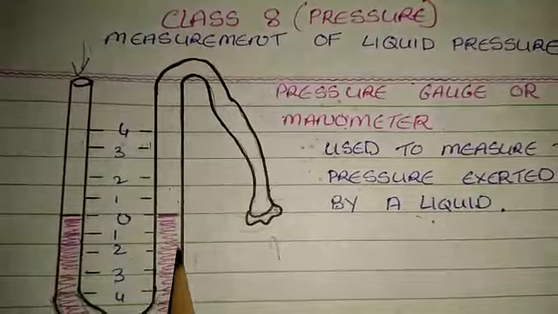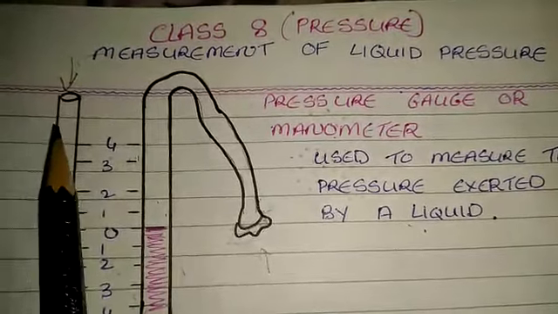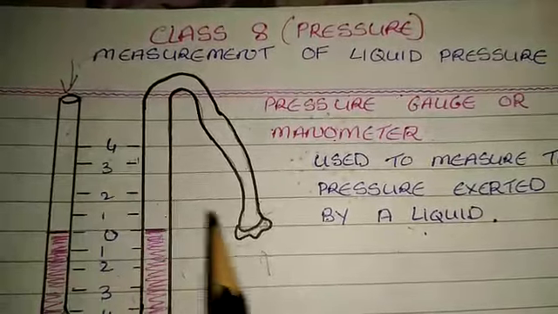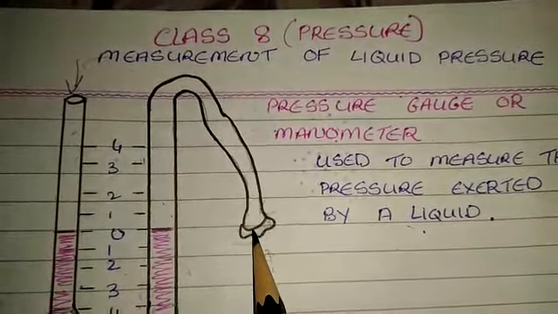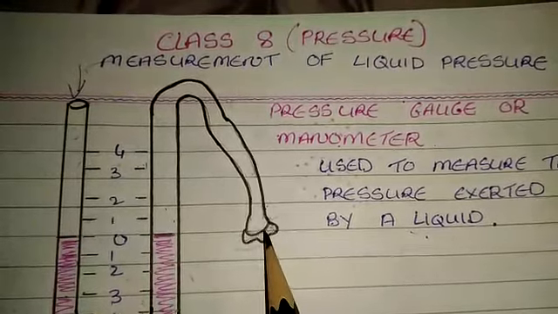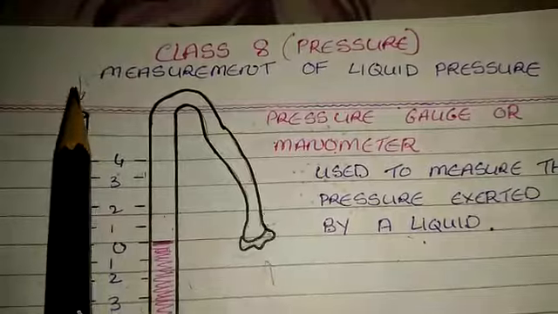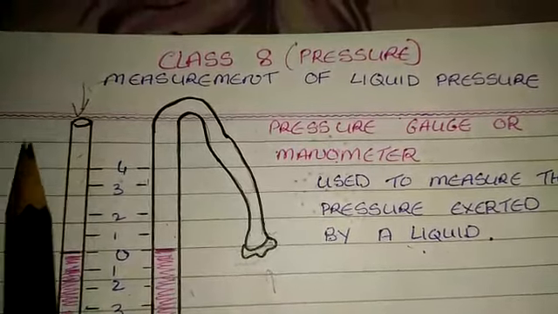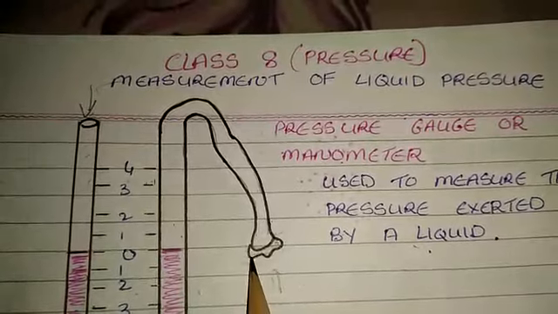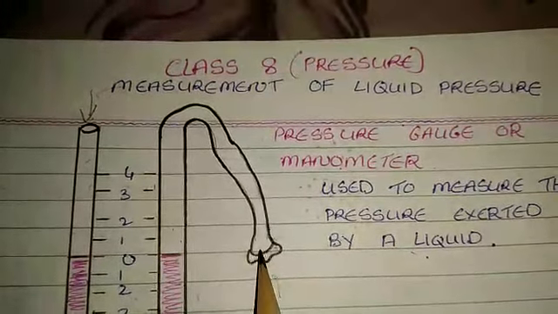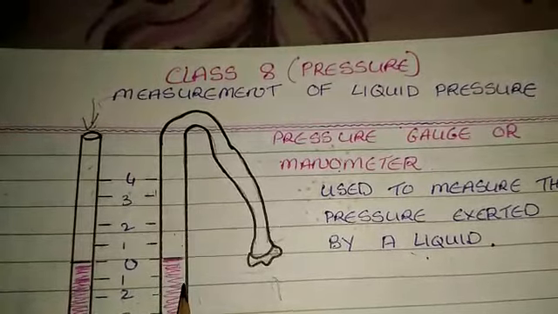Now this tube is filled with water, and this side the tube is open and on this side the tube is closed with a thin sheet of rubber or a thin balloon. Now atmospheric pressure is acting on both the sides, from the top of this tube and also at the bottom it is giving pressure here. That's why in the tube the water is equal in both the arms.